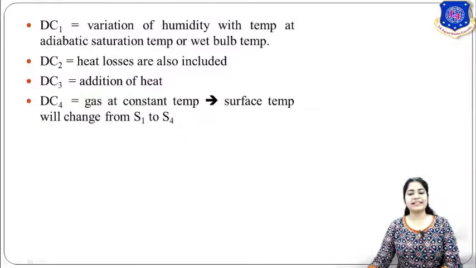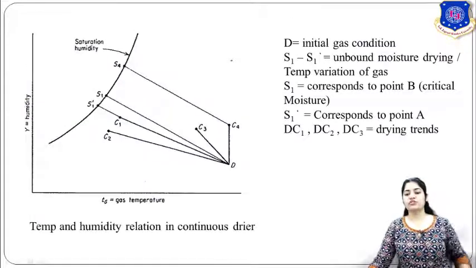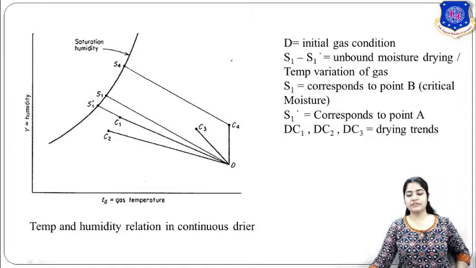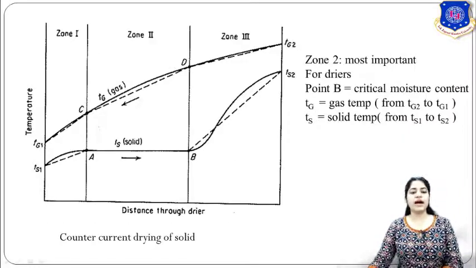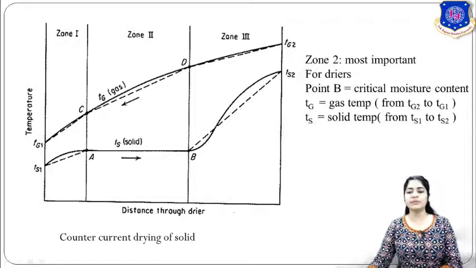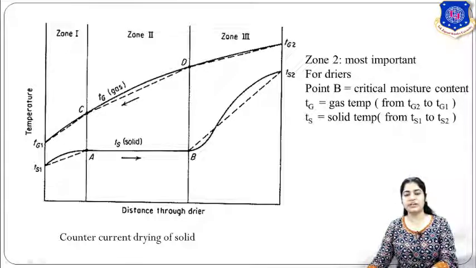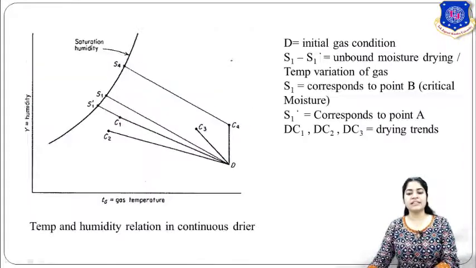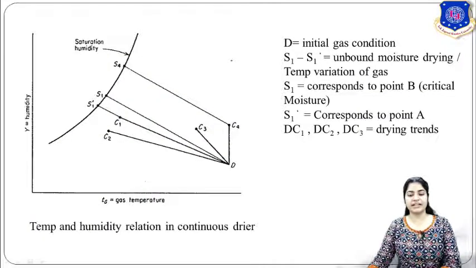The fourth one is gas at constant temperature. So the arrangement would be such that from inlet to outlet the temperature of the gas remains constant, right? Here you can see that as liquid from the wet solid and dry air come into contact, the temperature of the gas decreases. But when you are talking about keeping it constant, the arrangement might be such that from inlet to outlet the temperature is constant. Hence here you can see that it is a vertical line. The temperature is constant.